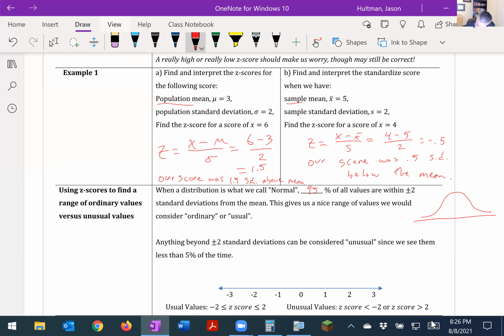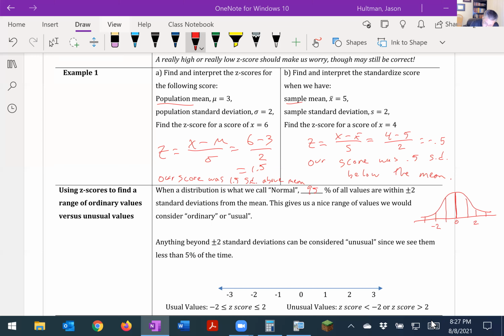Here's the mean. The mean is at 0, 0 standard deviations. Then if we go 1 standard deviation, 2 standard deviations, 3 standard deviations, and 1, 2, 3 standard deviations on the other side. If we're at -2 and +2, we're saying that 95% of the scores